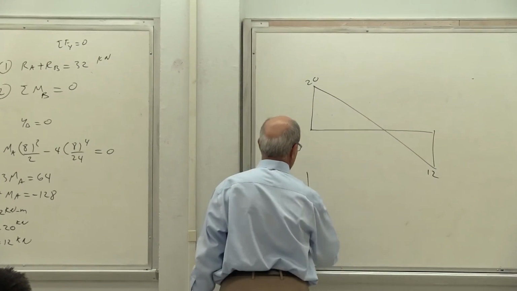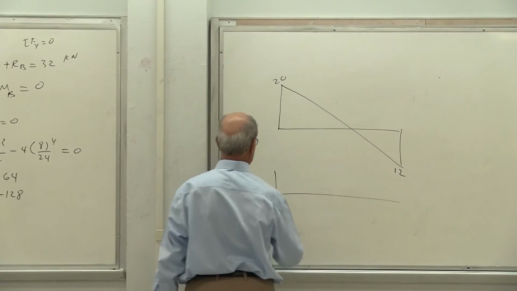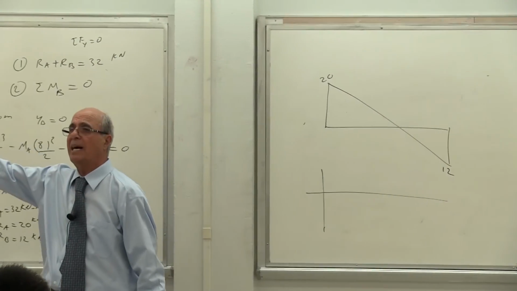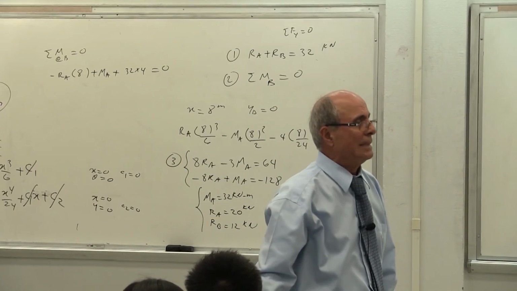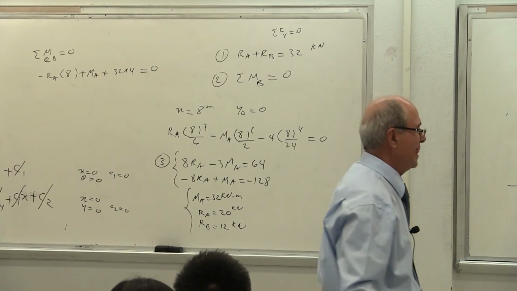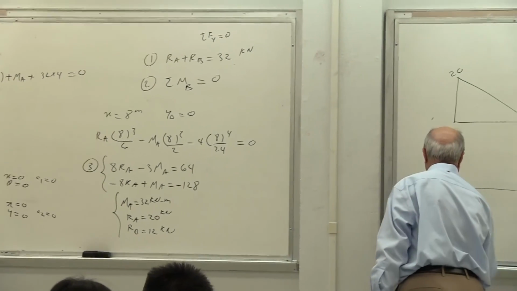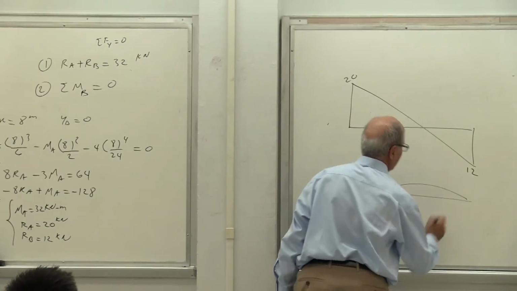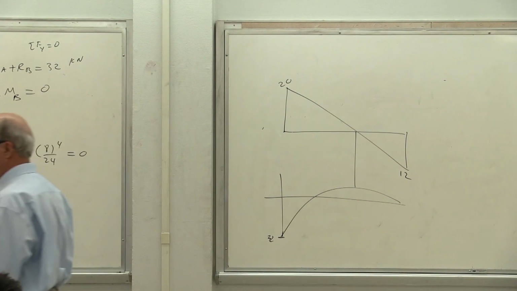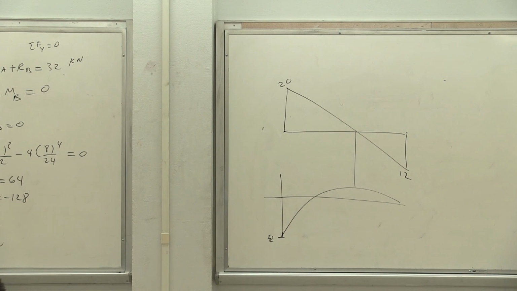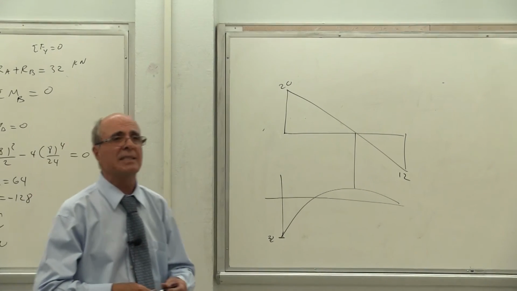Your moment diagram, I asked them to plot it because it is covered. You start your moment diagram at how much? At MA 32, plus or minus? Plus. Minus, okay. And then it goes like that. So at this point is the maximum, that's where shear is equal to zero. Anyhow, so that was it. You are all equipped to do all your homework. Any question? Tuesday is the day you want to ask it. Is that correct?